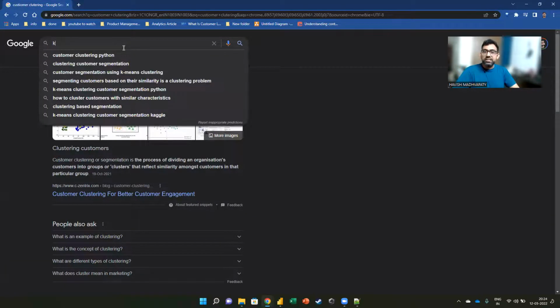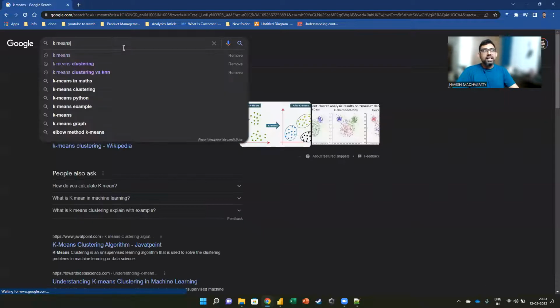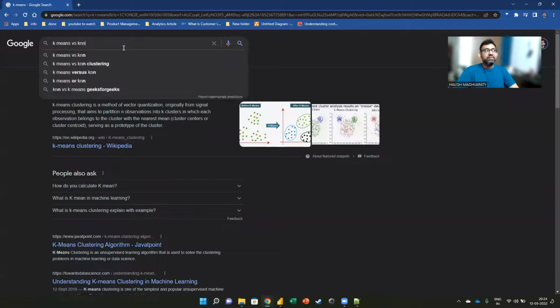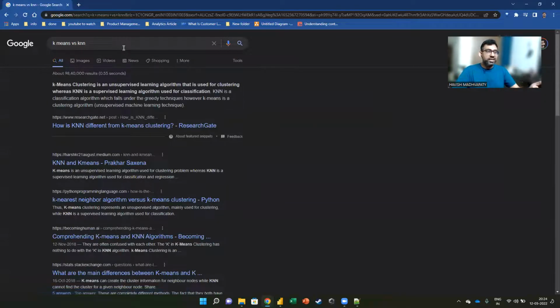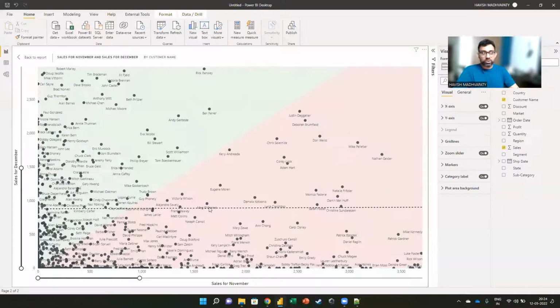And in this, there are two methods that we use. One is called k-means, right? And the other is called KNN, right? These are actually parts of machine learning. One is an unsupervised, the other is a supervised technique. But why am I discussing machine learning when we're talking about Power BI? Because this feature is even there in Power BI. Okay, watch this.